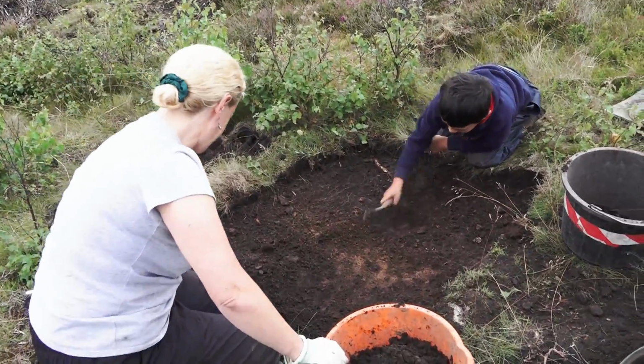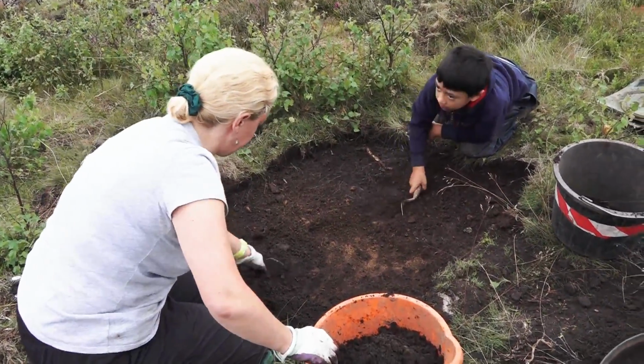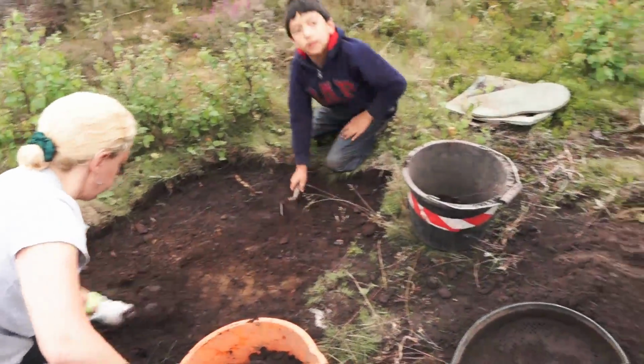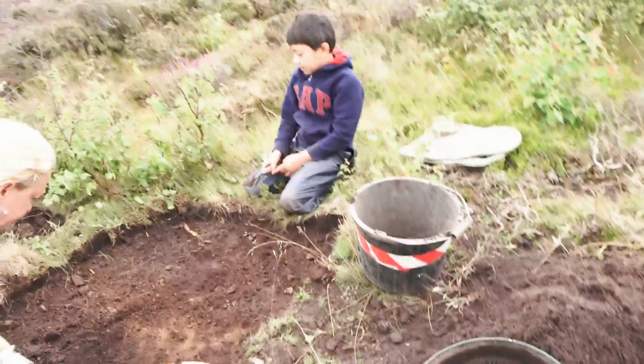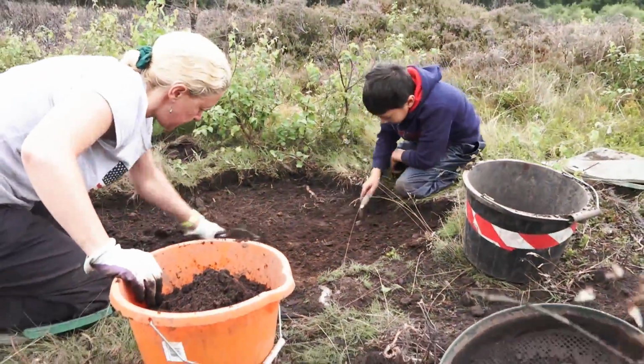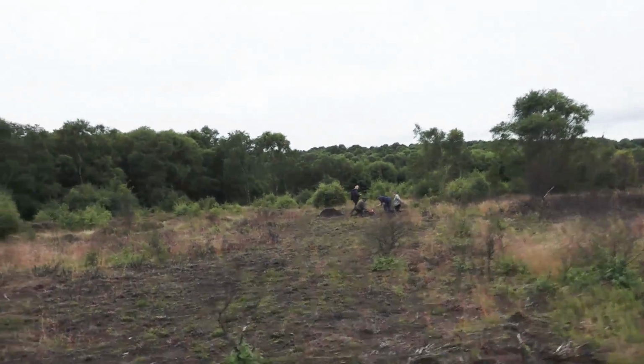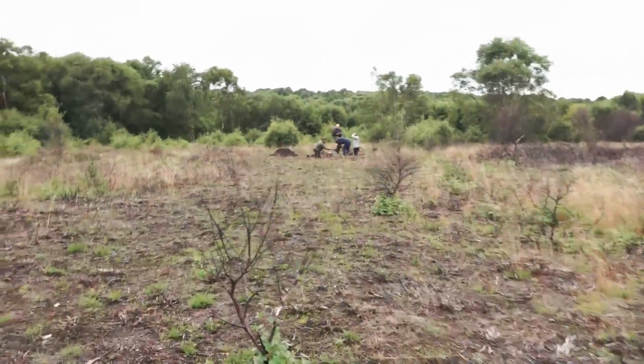So what we're trying to do is once again find any lithic scatters, etc., any features that we can possibly pick up, and that's the same across all the test pits that we're doing on the site. Over in the final test pit over here, this was opened up yesterday